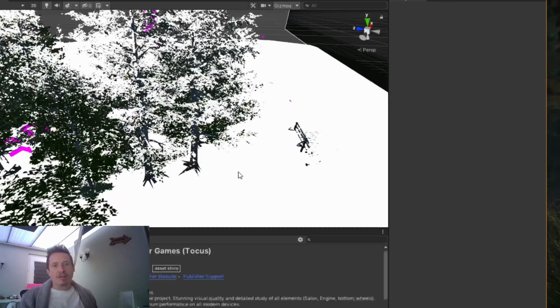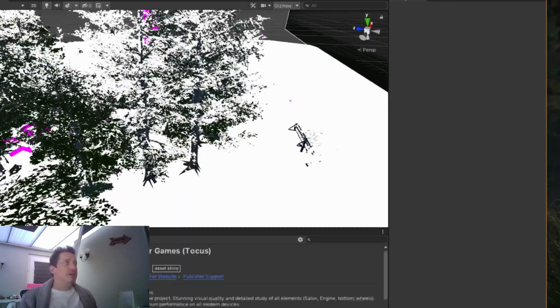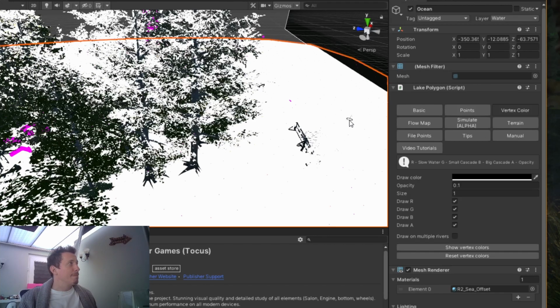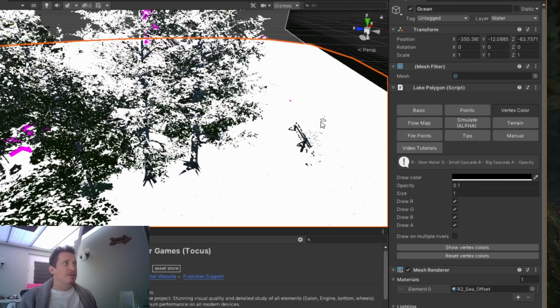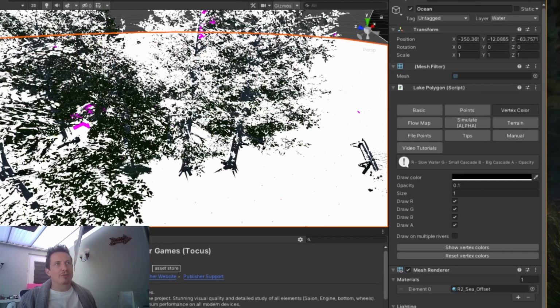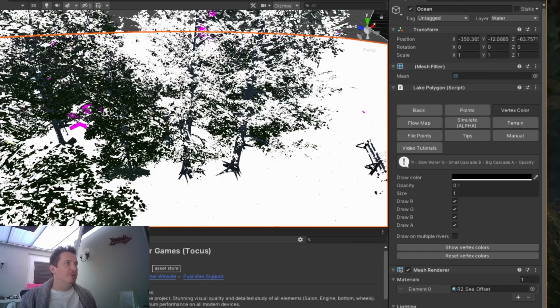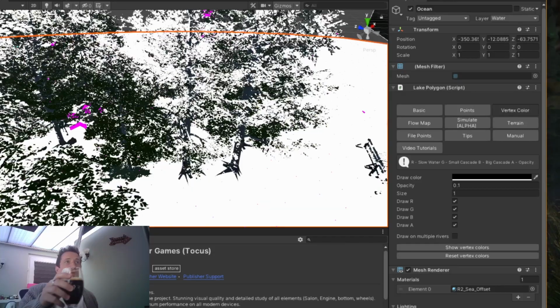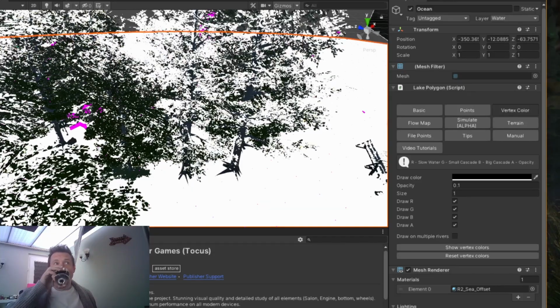And then I found this forum. Someone said, hey, why don't you go to help, reset packages to default. If you're going to do this, I might make a backup. I didn't do that bit, which is again a little bit frustrating, but my own fault. I've been caught out of not doing backups before, so yeah, a bit of a pain.